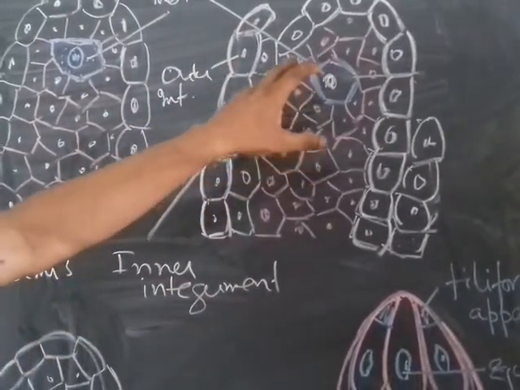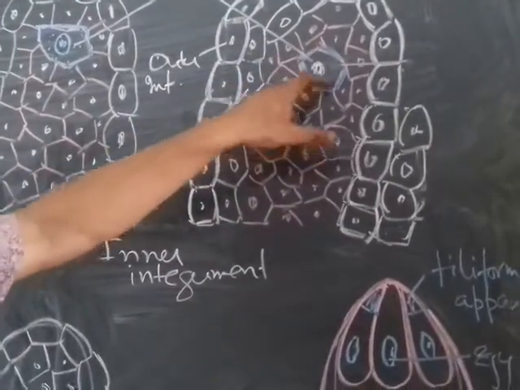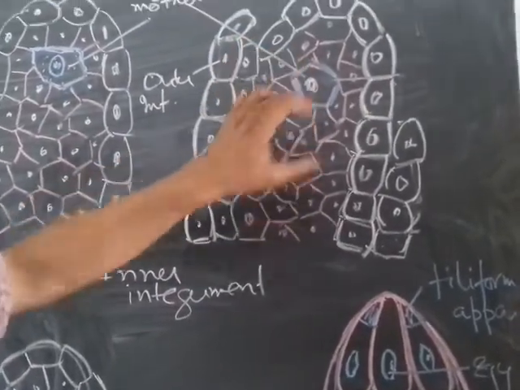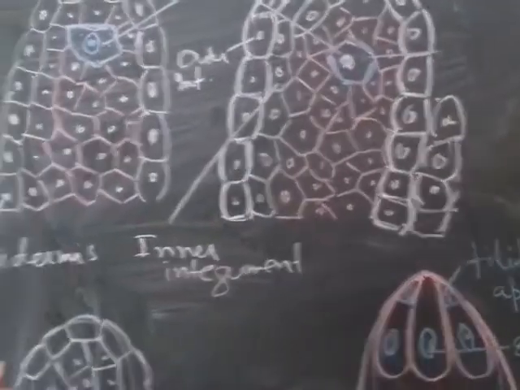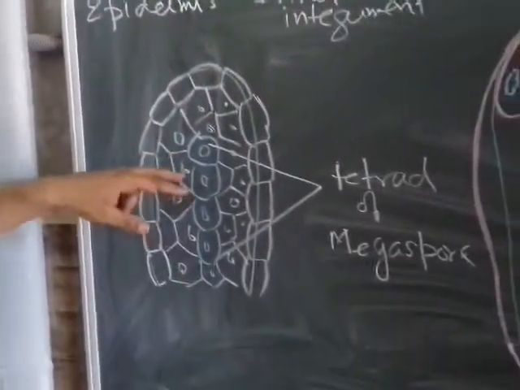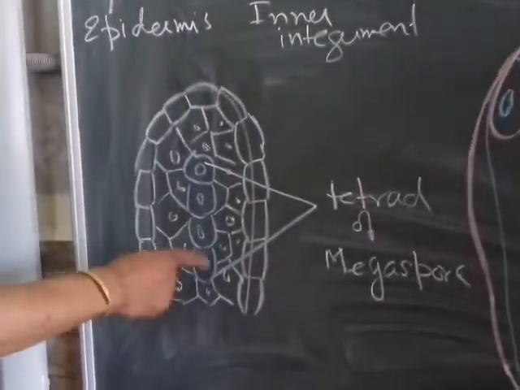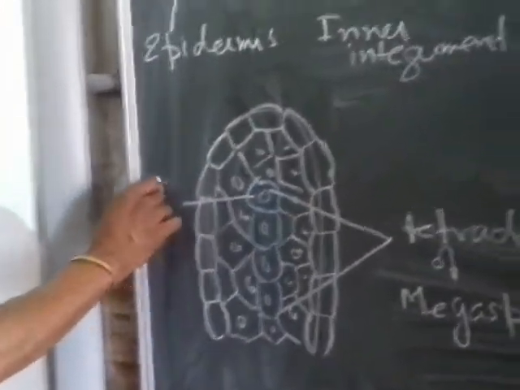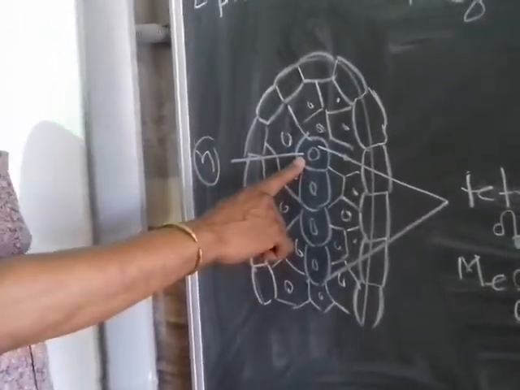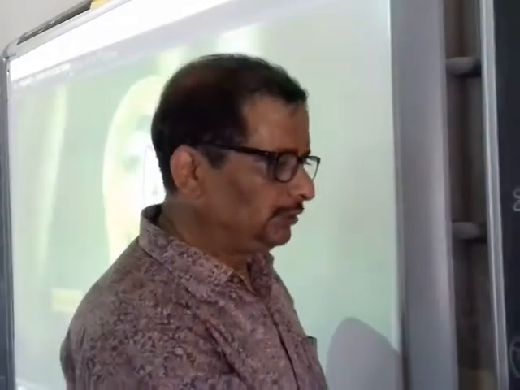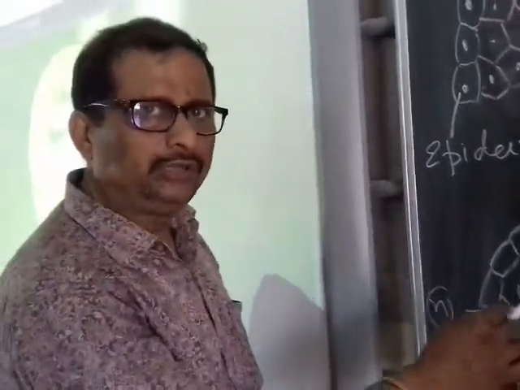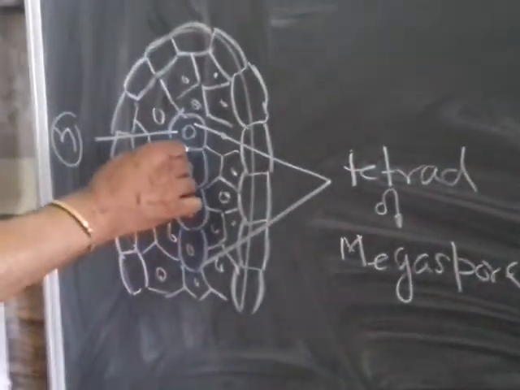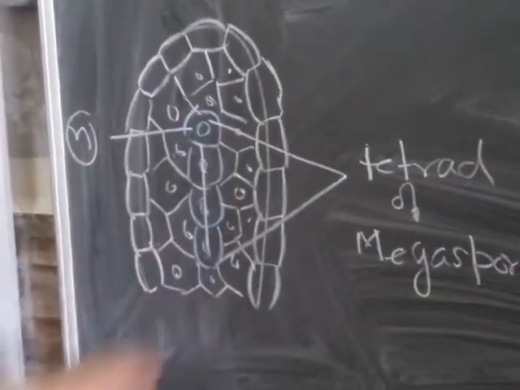Now, in the meantime, you will see that the megaspore mother cell, which is 2N, divides very rapidly, meiotically. Meiotically means this 2N develops into 4 haploid cells. We call it the tetrad of the megaspore. Each of this tetrad of the megaspore is actually N, that means they contain half the chromosome number. There are 4 cells, so we call it tetrad. Tetrad means 4. Now out of this megaspore tetrad, 3 of them degenerate. That means these cells do not exist.